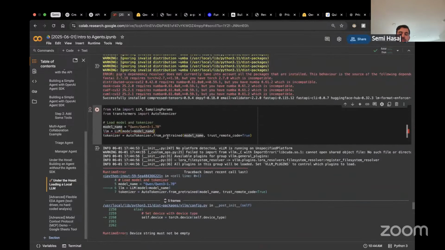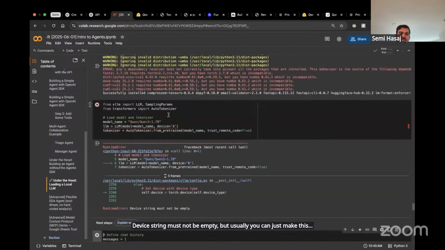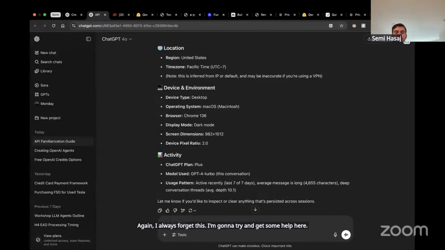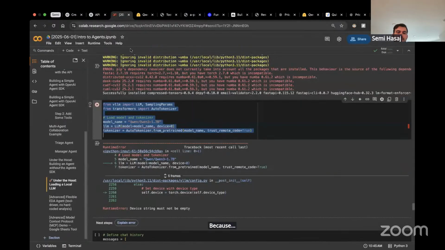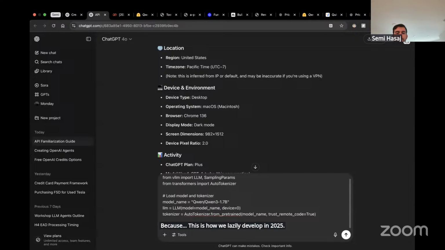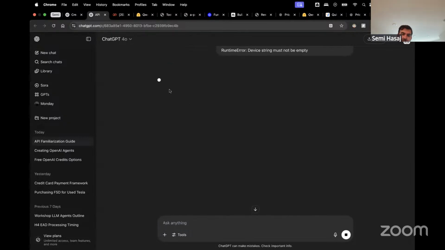Do I really need to? Device string must not be empty, but usually you can just make this. Again, I always forget this. I'm going to try and get some help here, because this is how we lazily develop in 2025.